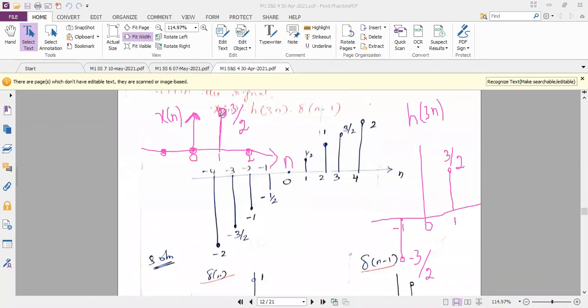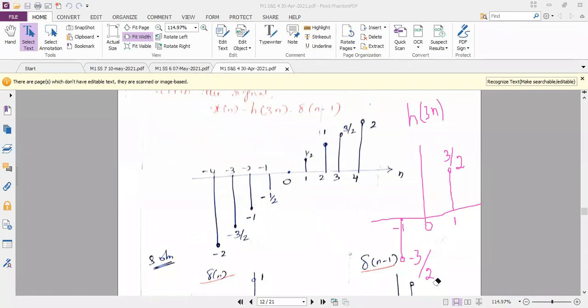So I hope you see that discrete time signal problems are very easy. When you attend the main exam, if you have a choice between two questions, or operation, for example the first question in the first module may be on a continuous time signal, or in the second question in the same module you may get a question on discrete time. I'll ask you to prefer the discrete time signal question because finding the amplitudes or calculations are very easy in discrete time compared to continuous time.